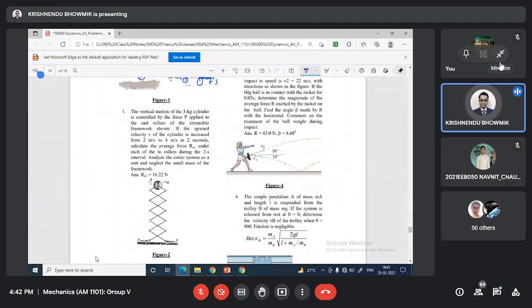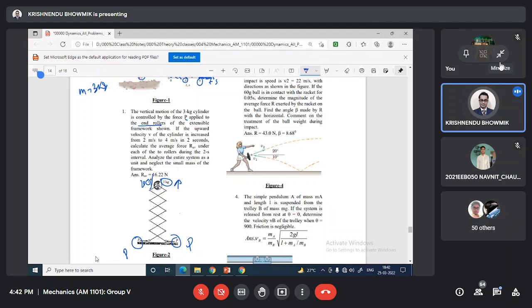The vertical motion of a 3 kg cylinder, m equal to 3 kg, is controlled by force P applied to the end rollers. This is the P of the extensible framework as shown. If the upward velocity v of the cylinder is increased from v1 equal to 2 meter per second